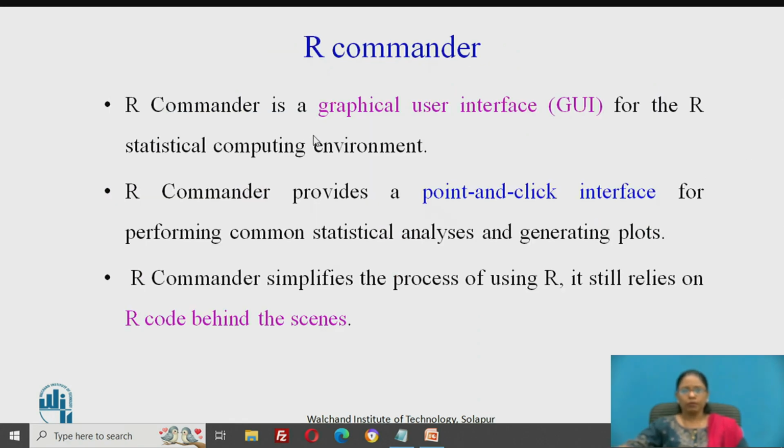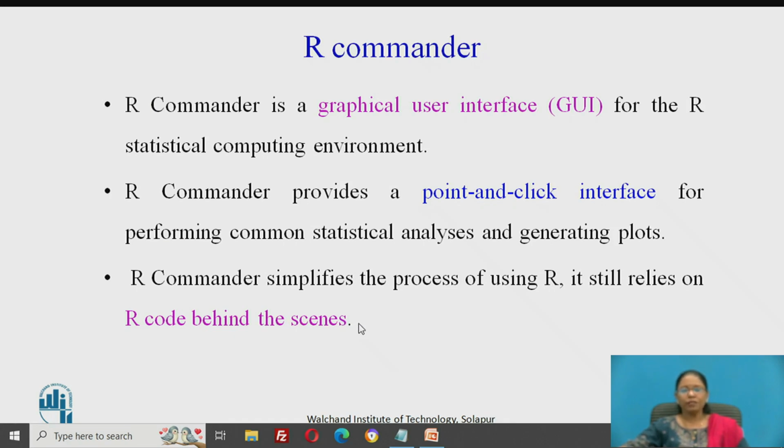What is R Commander? R Commander is a graphical user interface, GUI, whereas RStudio is an IDE. R Commander is a GUI for the R statistical computing environment. It provides a point and click interface for performing common statistical analysis and generating plots. It simplifies the process of using R, but still relies on R behind the scenes.